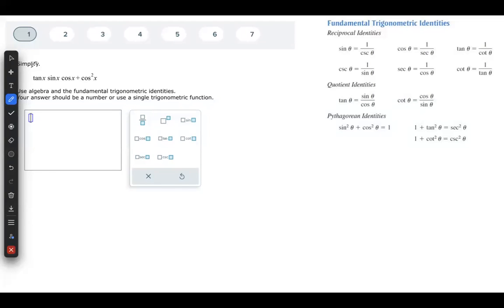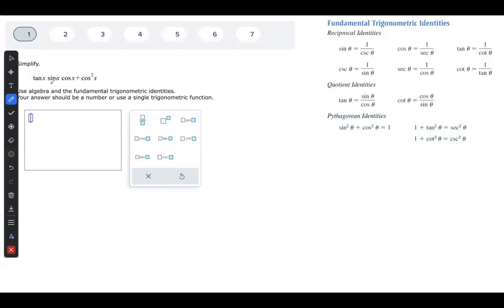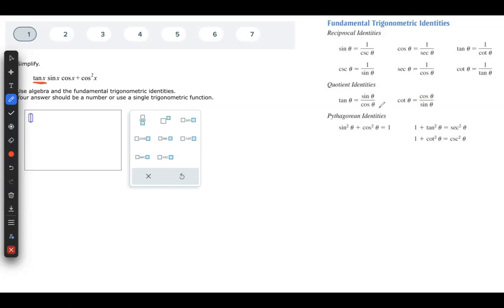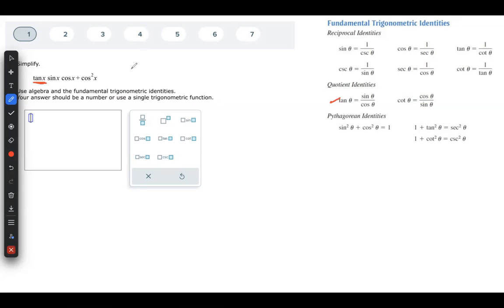A good idea is to check if the expression is mostly in terms of sine and cosine. In this case, everything is already in terms of sine and cosine except the tangent. One thing that we can do is rewrite the tangent in terms of sine and cosine. So instead of writing tangent, we can use the quotient identity that says that tangent is equal to sine over cosine. So that means that that expression is equal to